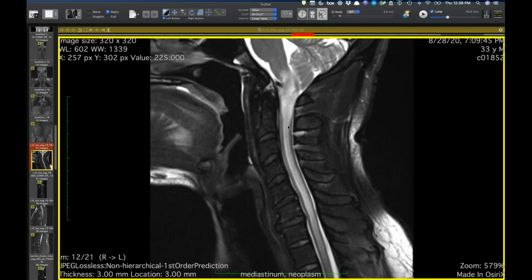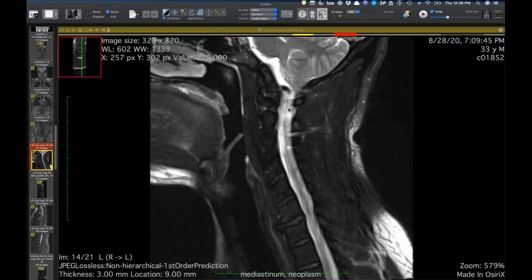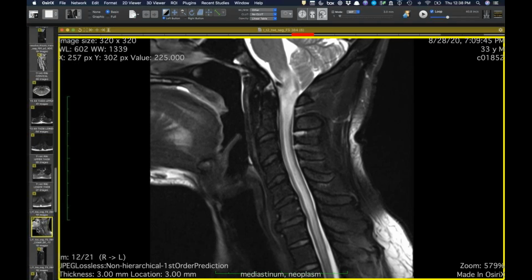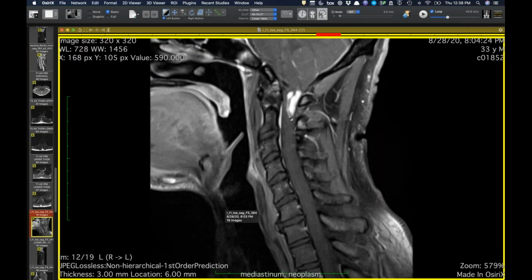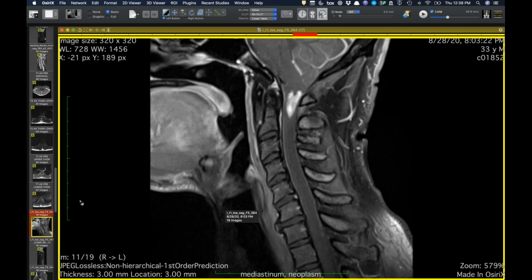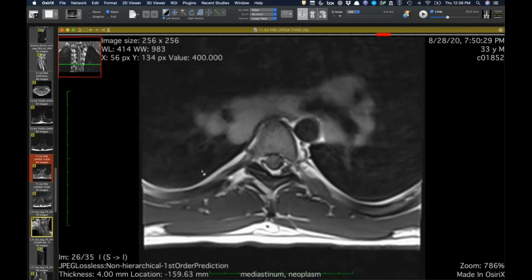And you can see on these T2 sagittals that there's abnormal signal intensity throughout the cervical spinal cord up into the medulla. And there's a more discrete lesion here near C1. I'll go to the post contrast and you'll see it's a fairly discrete intramedullary lesion. Now, there were a couple of other small foci of enhancement throughout the spine,